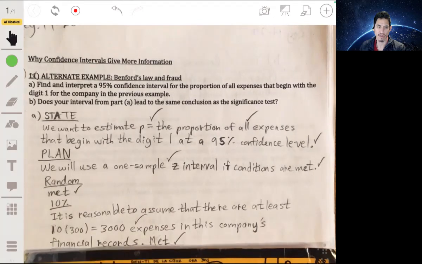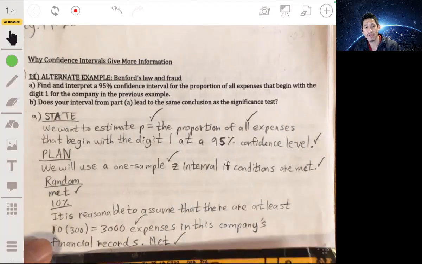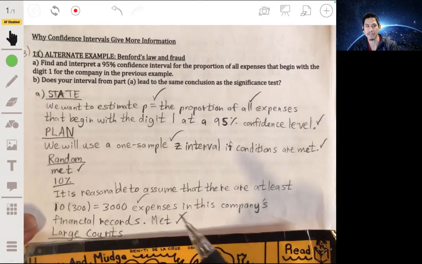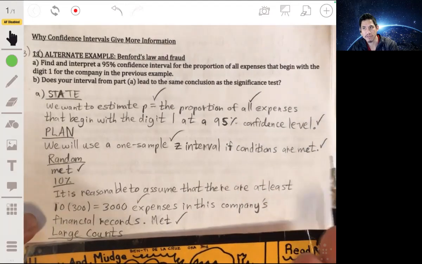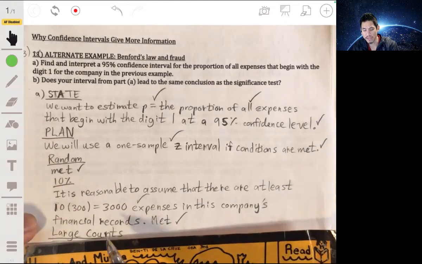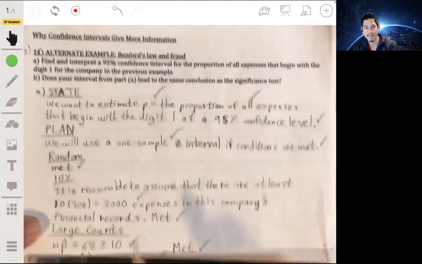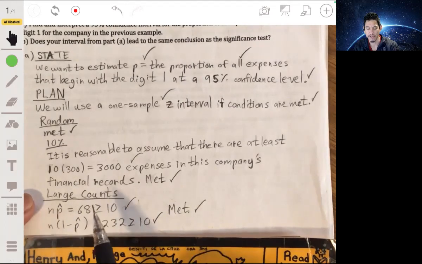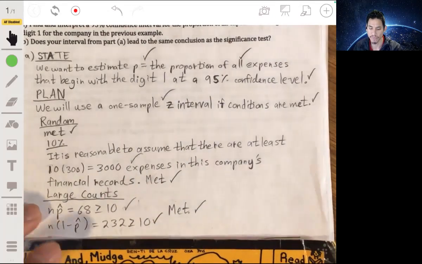All right, large counts. Now remember, this doesn't have a null hypothesis for the large counts. There is no null hypothesis proportions. There's no p naught. So remember this, we use the p hat. We check to see if n p hat and n times 1 minus p hat are at least 10. So these values are going to be a little different. So don't confuse that, because that's a common mistake when students go back and forth between these two types of